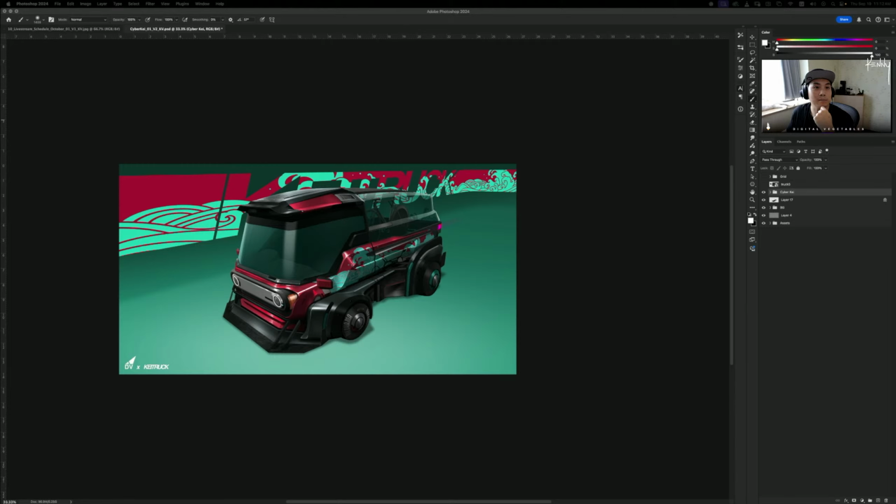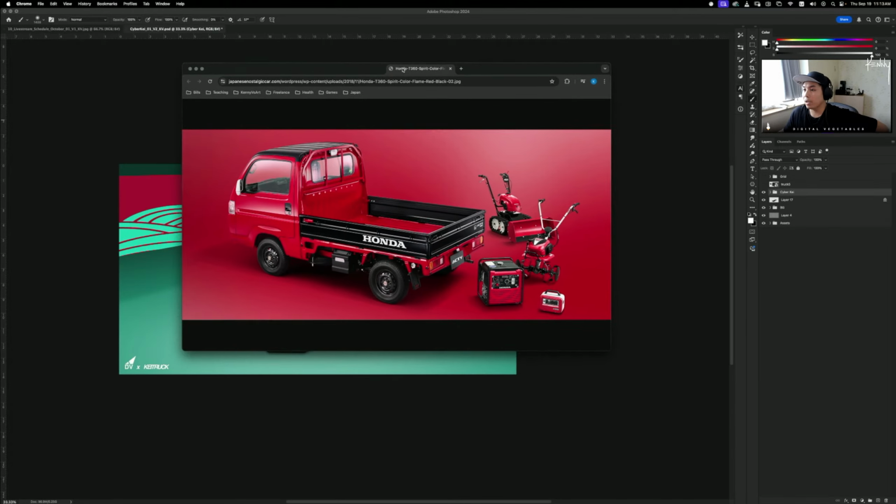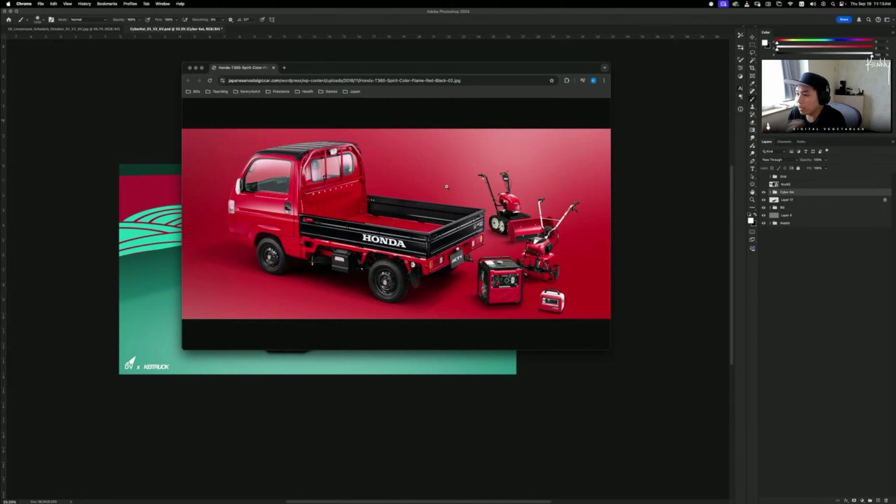Let's see, hold up. So, one of the K-Truck advertisements that I saw for one of the references that I had had a very particular look to it, right? And a lot of vehicle advertising is like this, where it had, this is an actual thing, and it's just in this kind of red void of environment. I was like, that's kind of cool, and I like the way it looks,